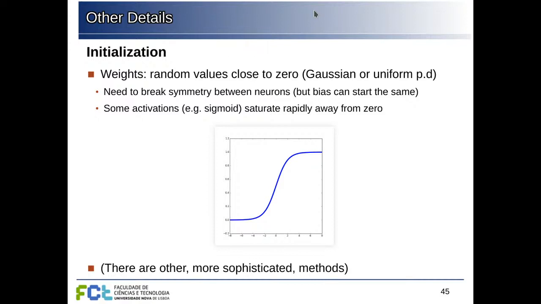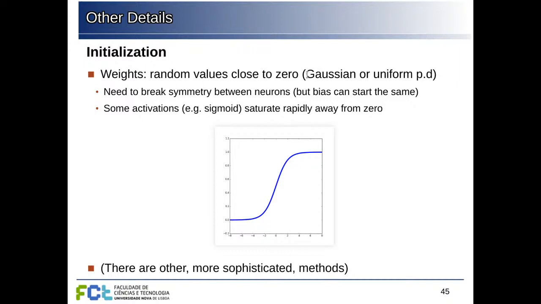Also, in some activation functions, we'll see a bit more on this in future lectures, but if we have activation functions like the sigmoid function, they saturate quickly away from 0. So we should start with random weights close to 0, and close to 0 even when taking into account the inputs and so on. So there are more sophisticated methods for initializing weights. We're going to look at them in future, but the basic idea for today to start implementing some simple networks is to use a random